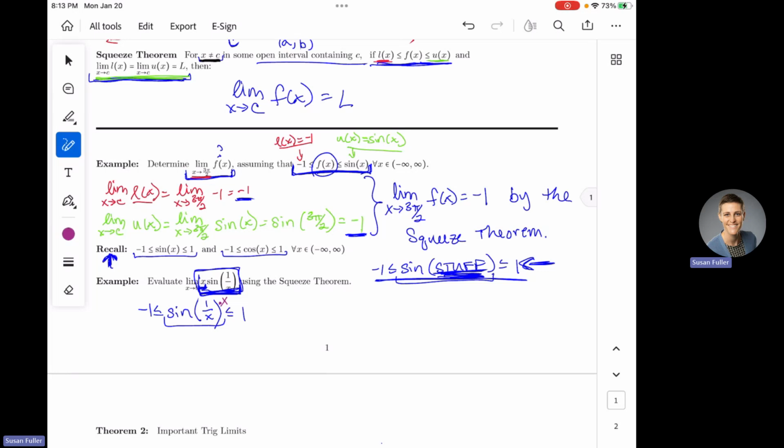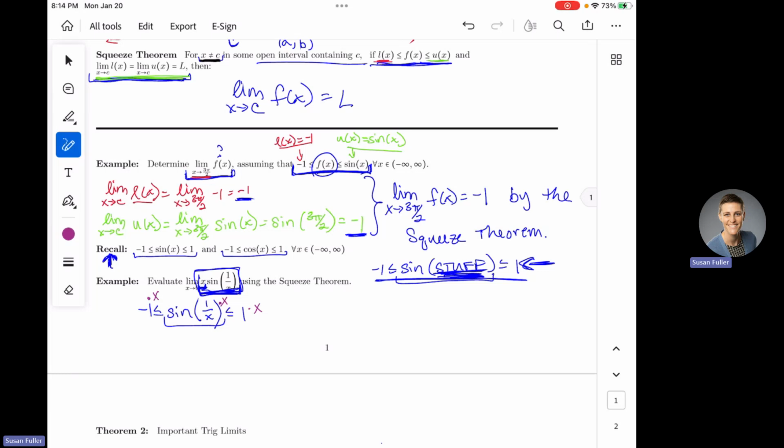And anything that I do to one side of my inequality, I have to do to all of the sides of my inequality to make sure that I don't screw up these inequality symbols, right? So I'm going to multiply by x on every side of my inequality. Addition, subtraction, multiplication, and division, those guys preserve inequalities. We talked about this a little bit, but if you had other functions, like if you took the square root of something, you can't take the square root of everything and still preserve those inequalities. But addition, subtraction, multiplication, and division by anything will preserve them.